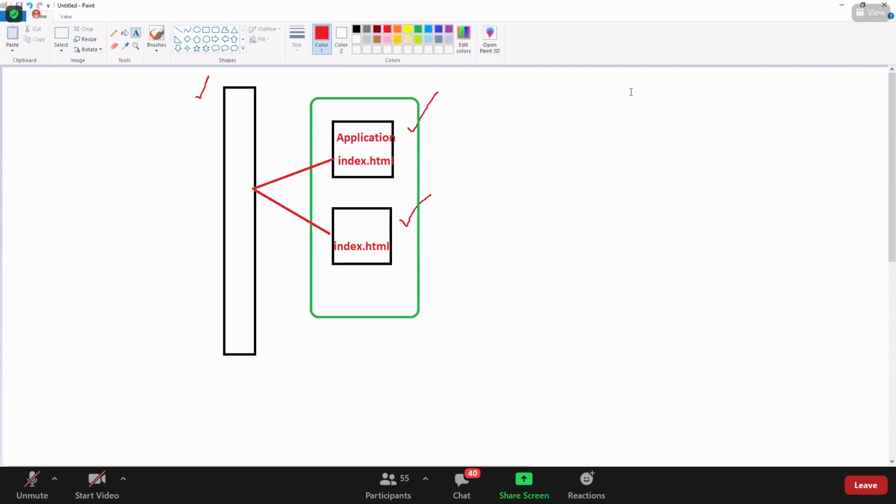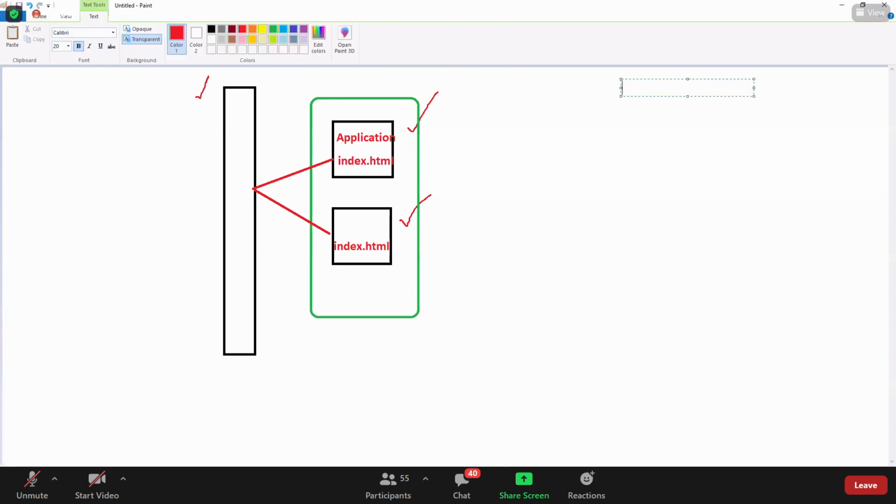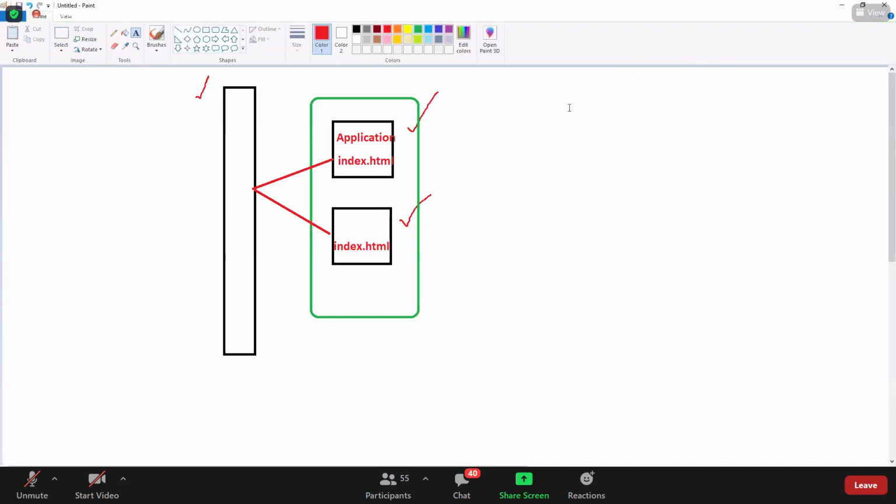You got this, right? But this time, guys, we are not putting this application manually. We'll be using our user data. What is that, guys? What is user data?